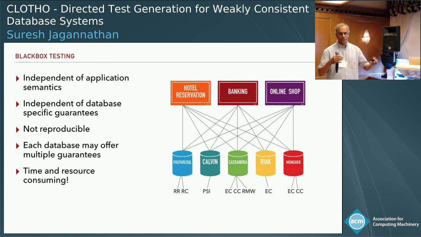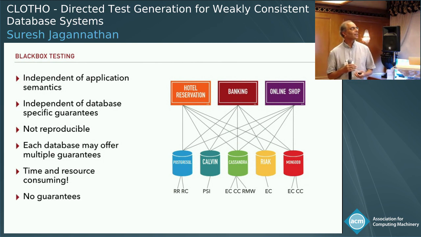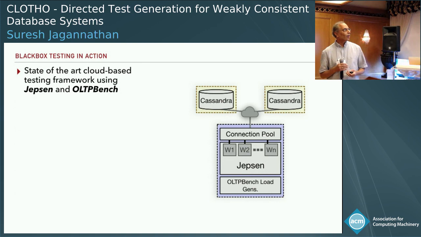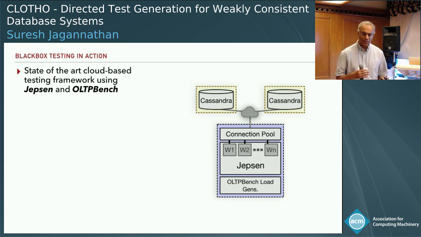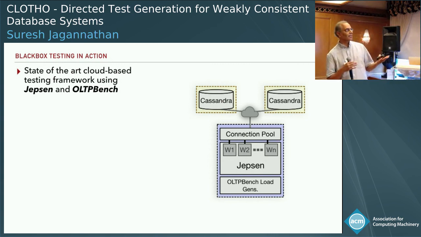And so if you're just going to randomly look at things, you could imagine that this could be time and resource consuming. So to figure out exactly how far we can go with this particular problem, as a starting point for our investigation, we took a black box random testing system based on a well-known distributed system testing framework called Jepsen. And we incorporated that in the context of the particular application domain that we are considering.